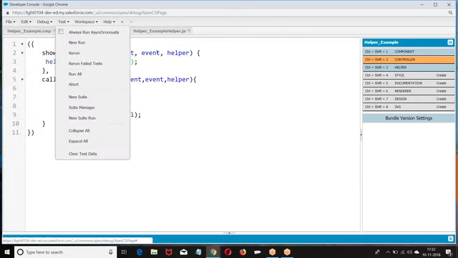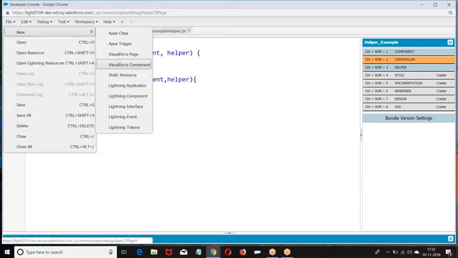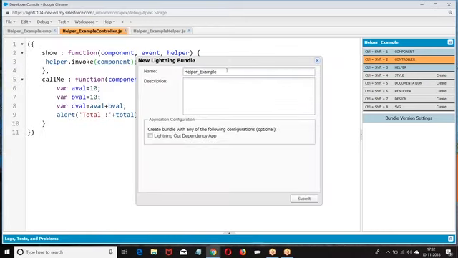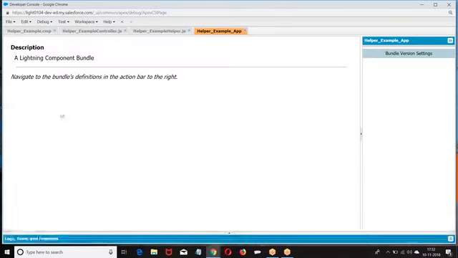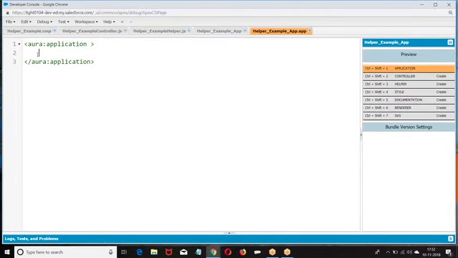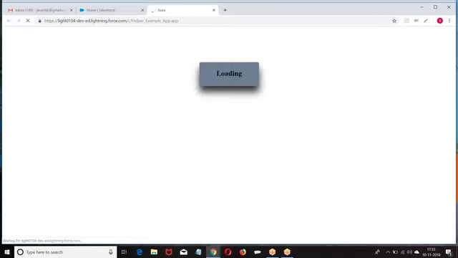Then go to the lightning application, example. Look at this.